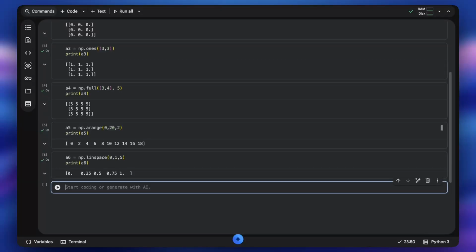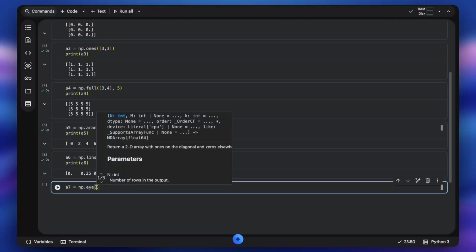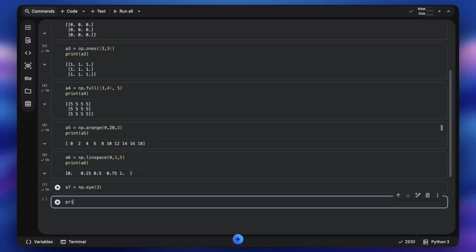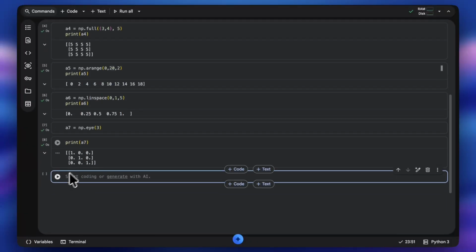Let me demonstrate this. If I create a7 and do np.eye, and suppose I want to create a 3 by 3 matrix with diagonal elements as 1, I simply do this and print a7. This will print a 3 by 3 matrix with diagonal elements as 1. So this is how a NumPy array is created.